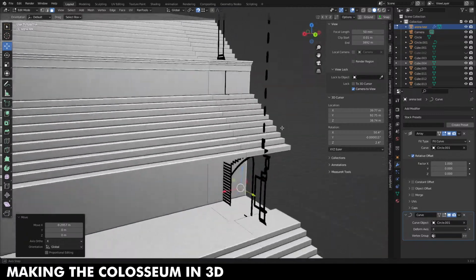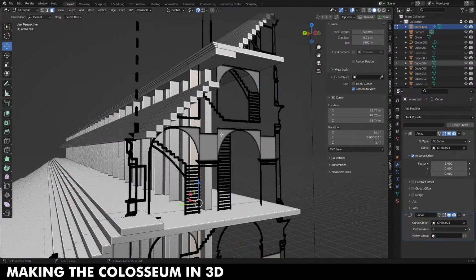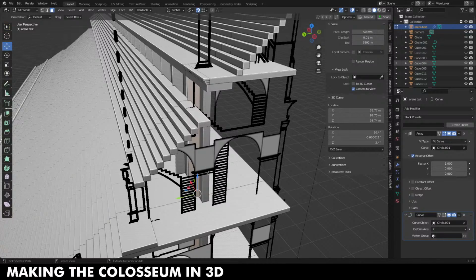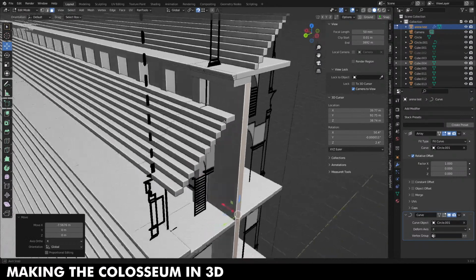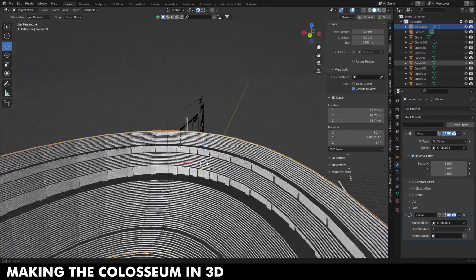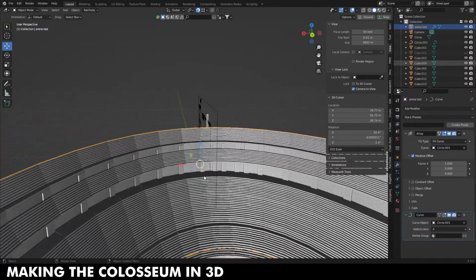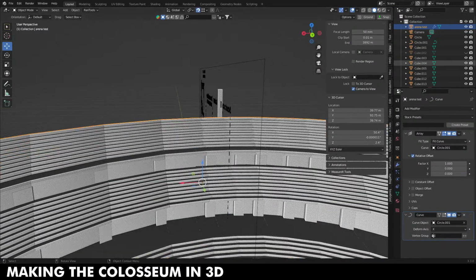Like so. It's the small one. Yeah. The small one will do this. Not the big one. This way it closes the